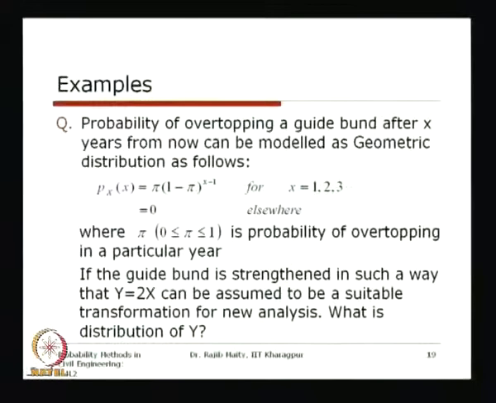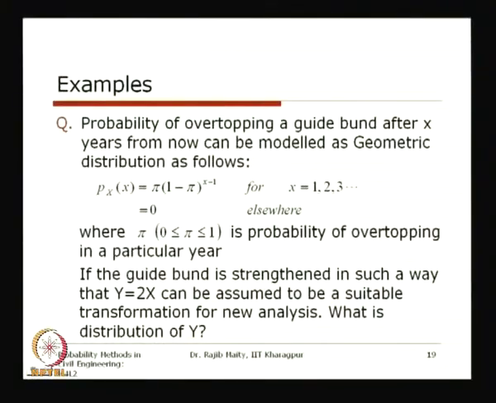That can happen after x years. So, from this point onwards, what is the probability that the event will occur after 1 year, what is the probability that the event will occur after 2 years, and similarly what is the probability that it will occur after n years. So, this random variable is modeled as the geometric distribution that we discussed earlier.